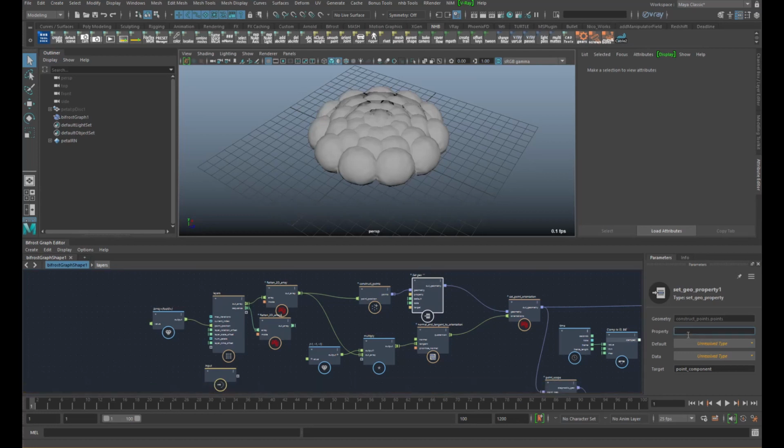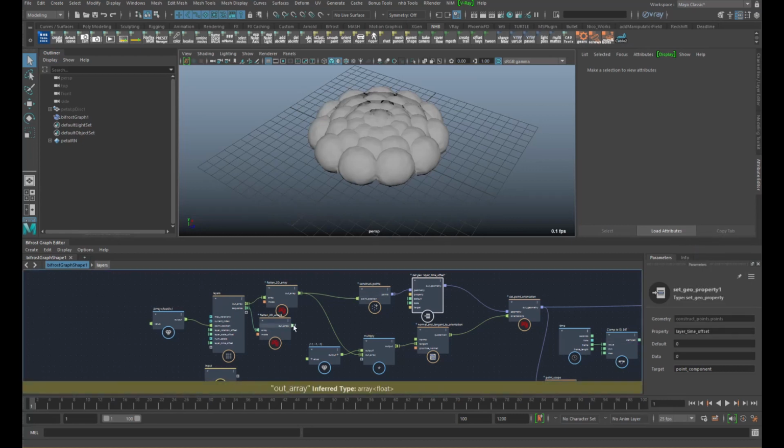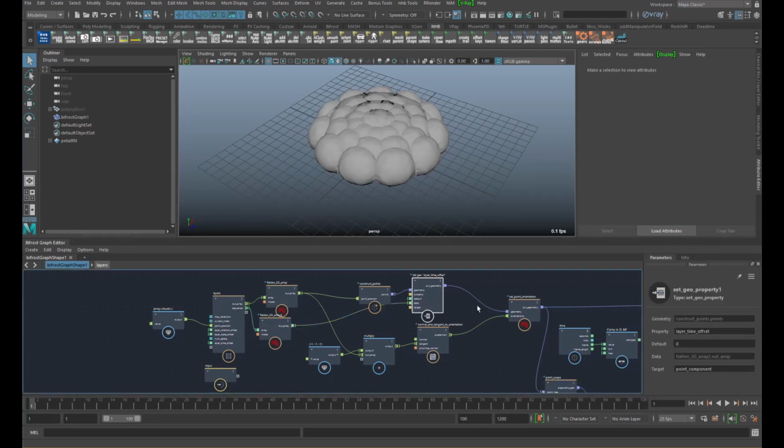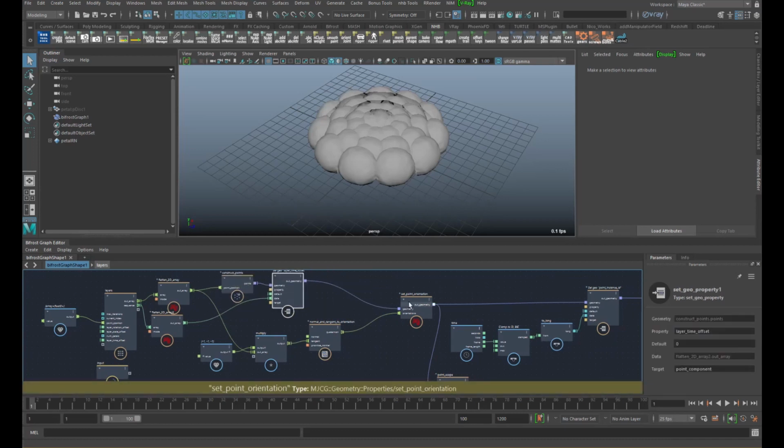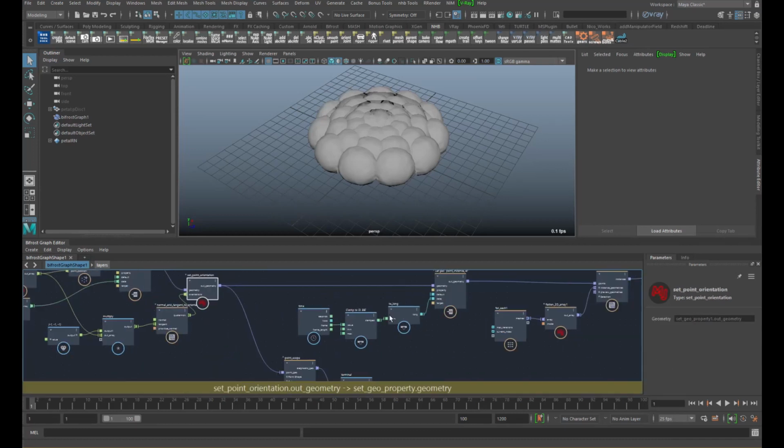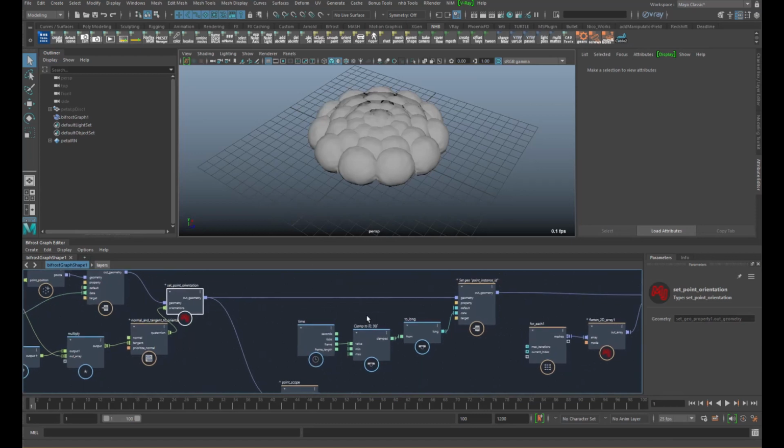And call this layer time offset. That's a float for now. And now that data can be retrieved somewhere down the line.